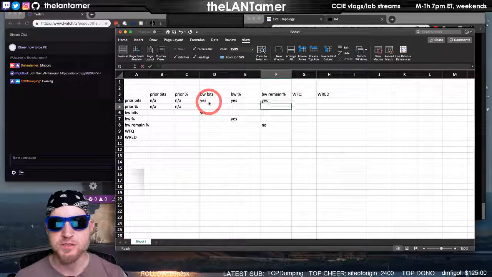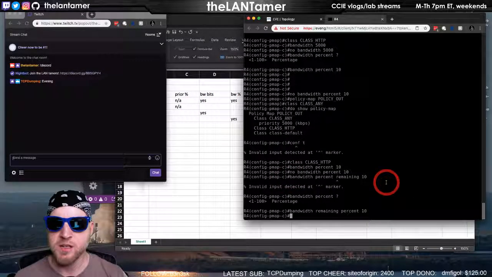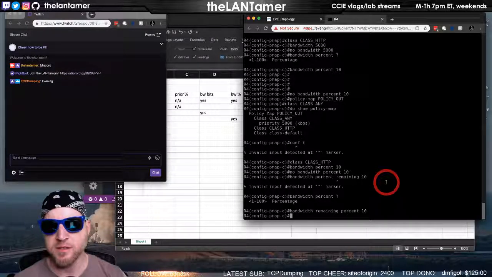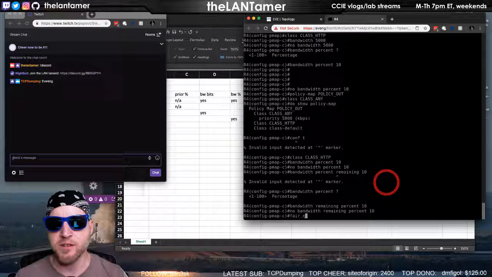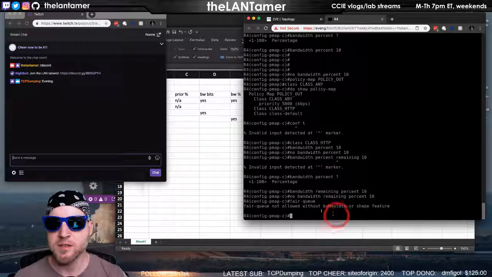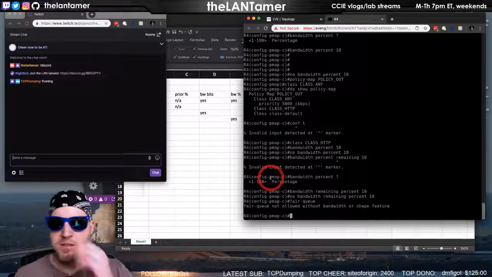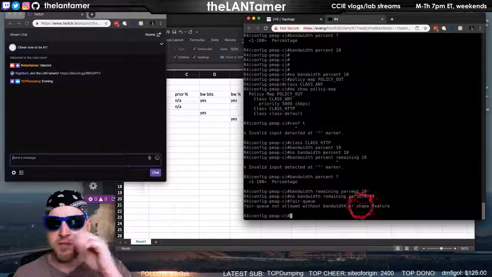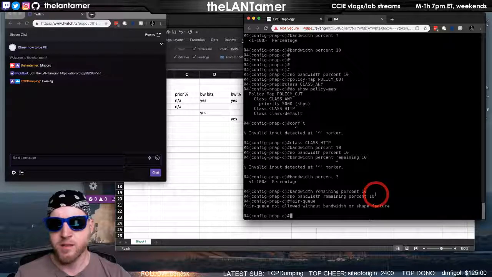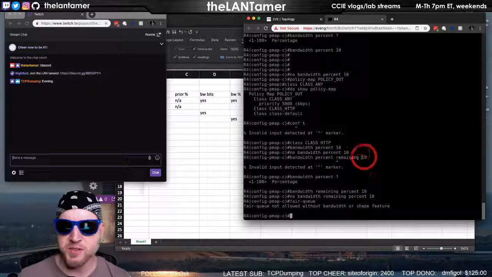You can do this. You can do this as well. No bandwidth remaining percent 10 fair Q. Oh, okay. Let's say I'm going to apply this to a physical interface.